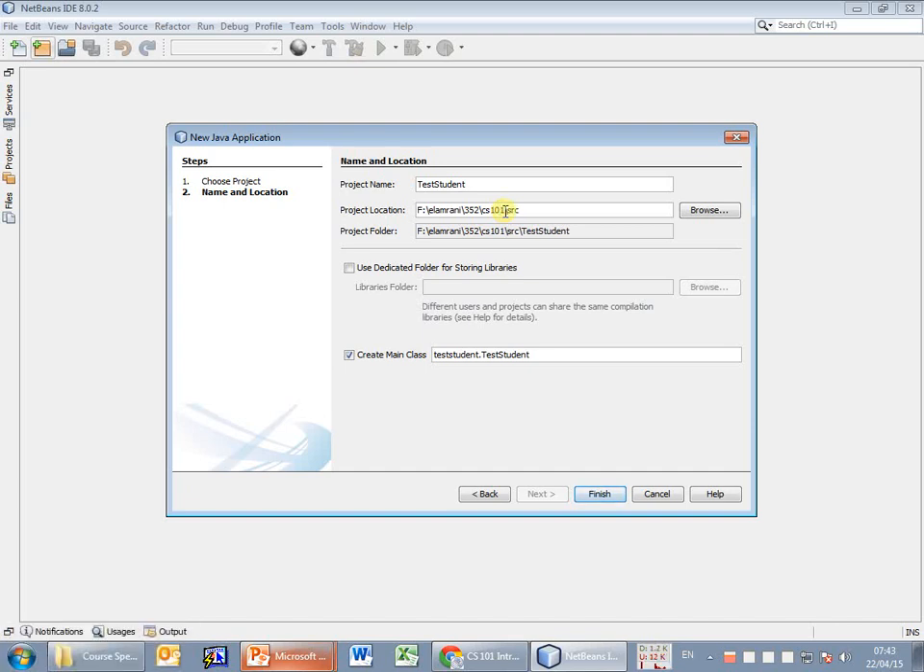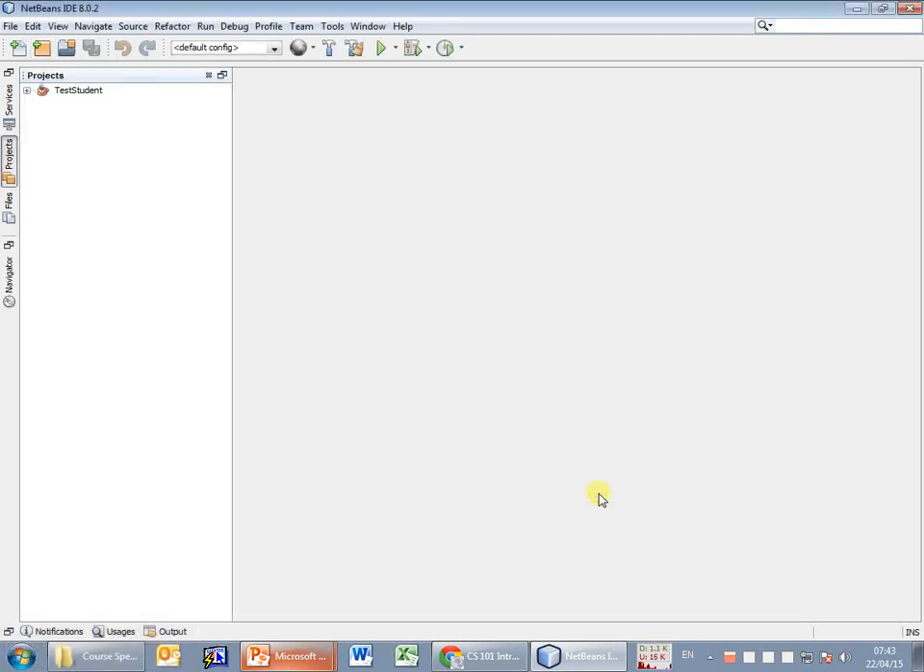And usually it's better to separate the class that is going to hold the main method from the other classes, just to have them separated, just for organization purposes. So I'm going to create that TestStudent,